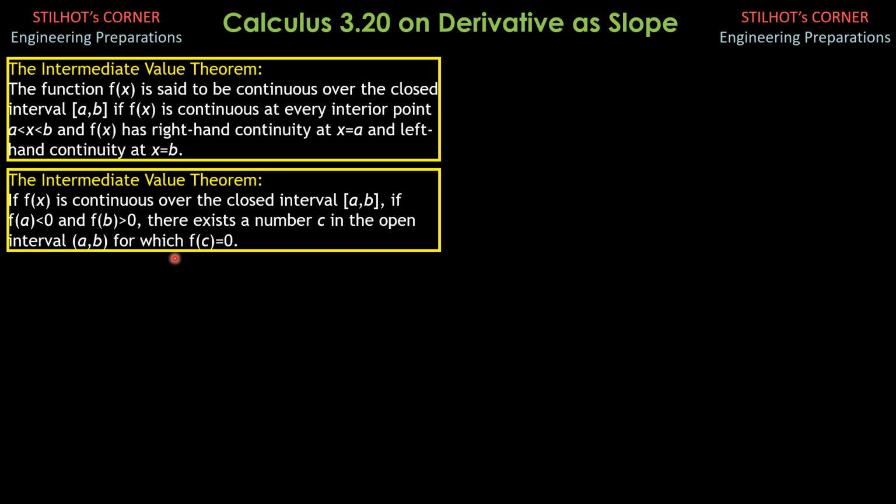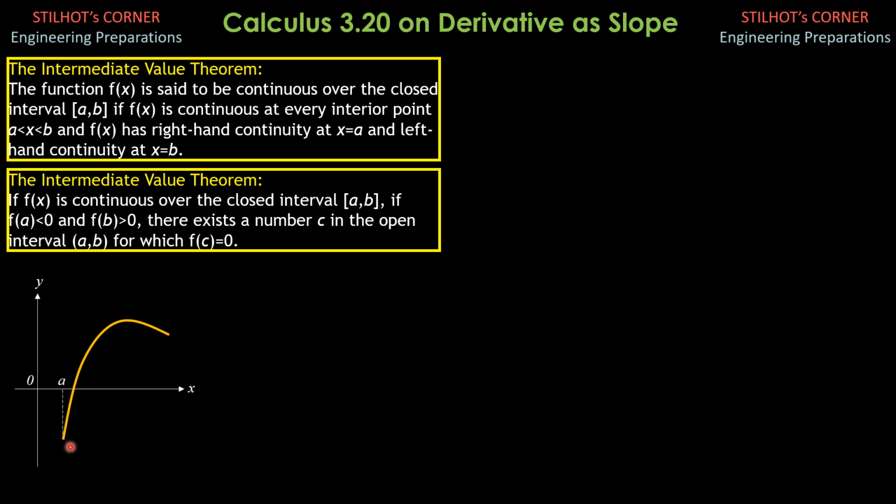So for the explanation, it will be helpful if we have the graph, the figure, and the idea is for the function value to shift sign from positive to negative or from negative to positive. It should pass a point where the sign is neutral or the value is neutral, which is 0. As shown in the figure,